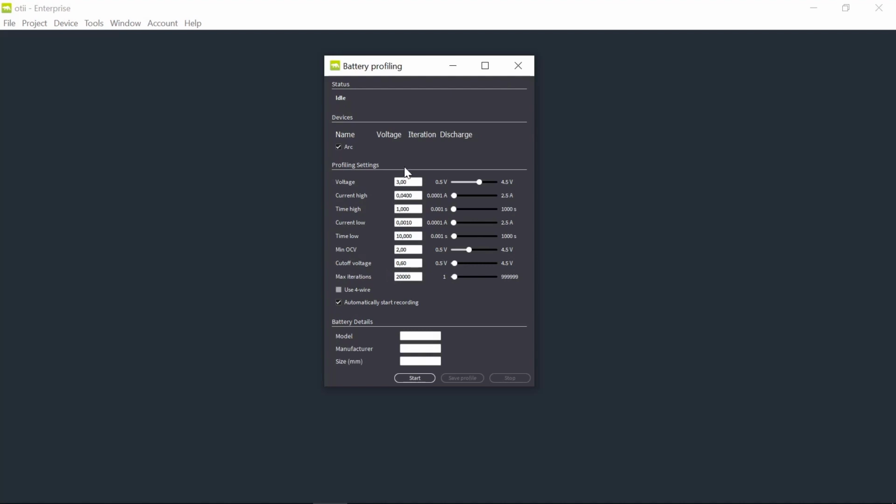So in this case, I intend to use a CR2450 coin cell. I don't need to connect sense plus, sense minus with this coin cell. The discharge is not that high. As I said, it's mainly interesting for high discharge like lithium-ion batteries. So I'll set the voltage to 3 volt. That's a nominal coin cell voltage. I will set the high discharge to 40 milliamp for 1 second. And then I will choose my low current